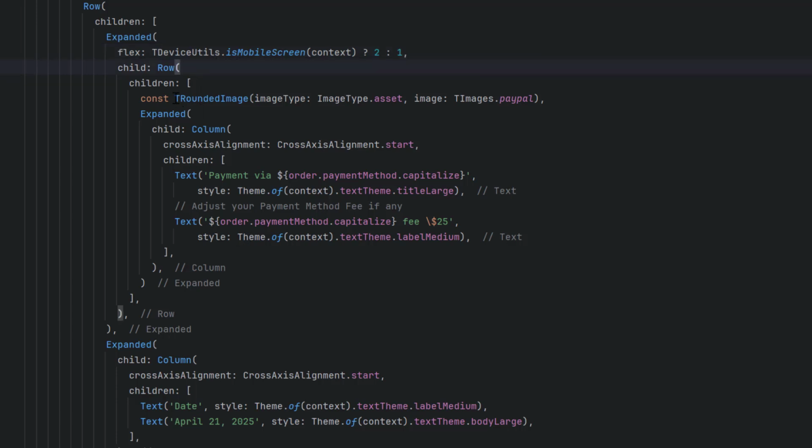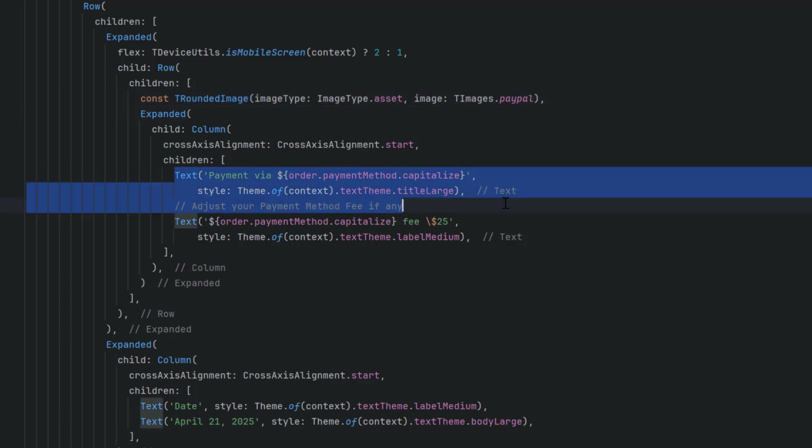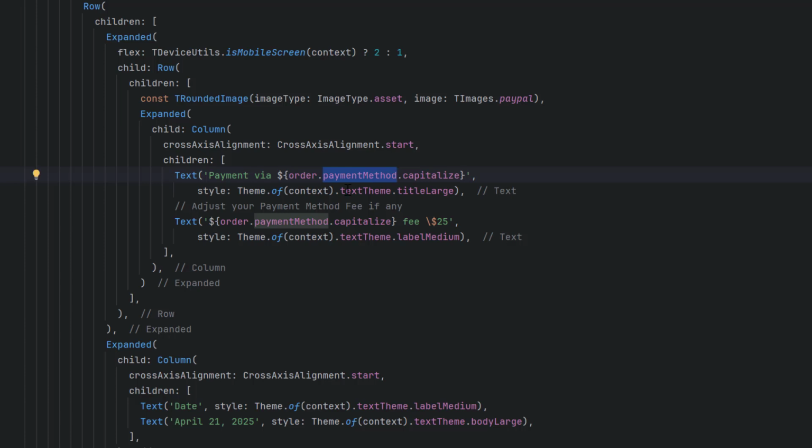In the row, we have first one is the image. Then in the expanded, we have payment via PayPal or whatever the payment method of this order. Then in the text, we have order payment dot capitalize. Let's say if it is PayPal, fee is this much. Whatever the fee has been detected, you have to display it over here. Then for the